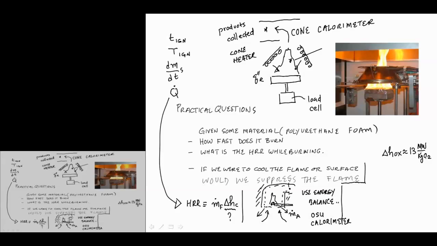So if you know what the heat of combustion is on an O2 basis, which is relatively fixed, as compared to the heat of combustion on a fuel basis, which is variable and has a wide range of values, then really what we want to do is measure the mass flow difference of the oxygen between the inlet and the outlet. So let's see, diagrammatically,